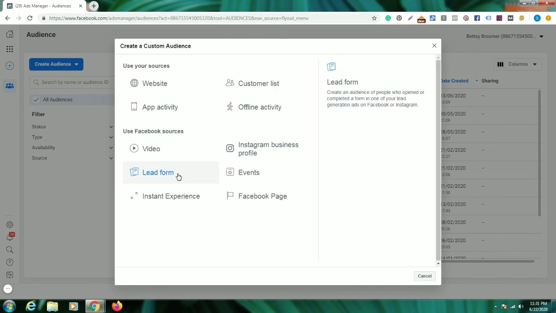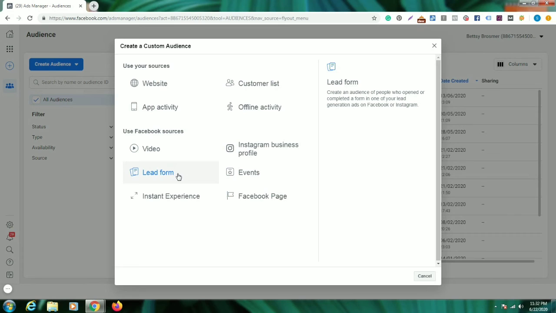Then lead form. If you are generating leads from your Facebook ads and people are giving you their details, you can create a custom audience based on that. Create an audience of people who opened or completed a form in one of your lead generation ads on Facebook or Instagram.